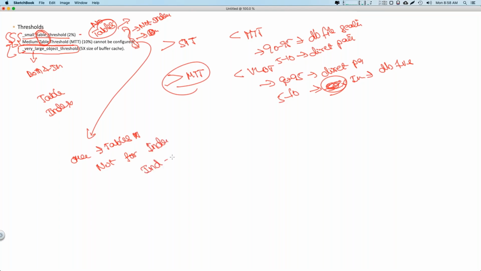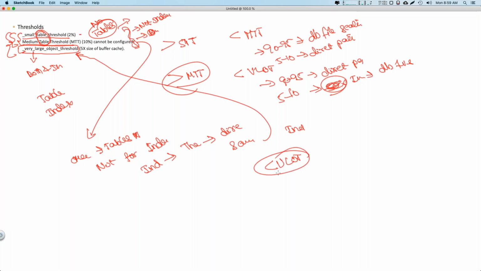For indexes, if you have to perform a fast full index scan, the choice of whether to go with the direct path read or scattered read depends only on this particular hidden parameter. If your index size is less than VLOT, then Oracle will go with DB file scattered read. You need to be especially careful in environments where you end up performing fast full index scans. These are really dirty